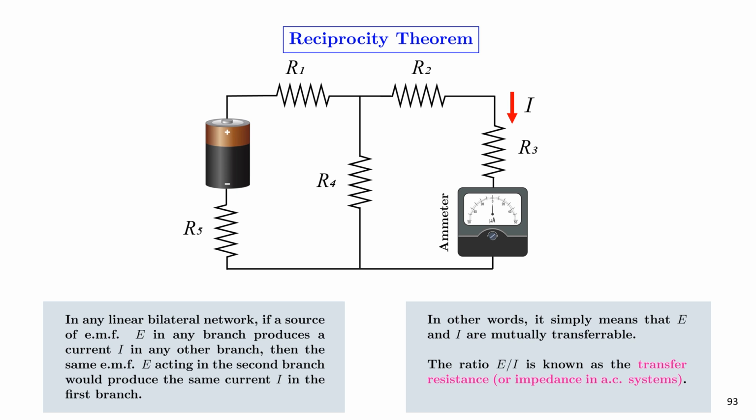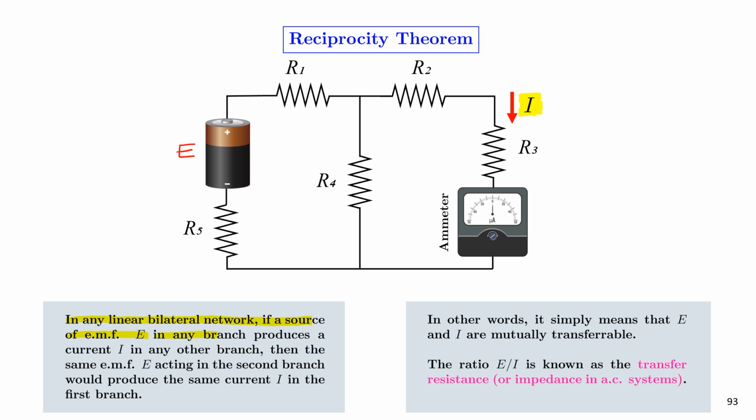Let us consider an electrical circuit consisting of a voltage source E and a network of resistors. The current flowing through some part in the circuit is I, and to detect the presence of the current, an ammeter has been placed. Then the reciprocity theorem states that in any linear bilateral network, if a source of EMF